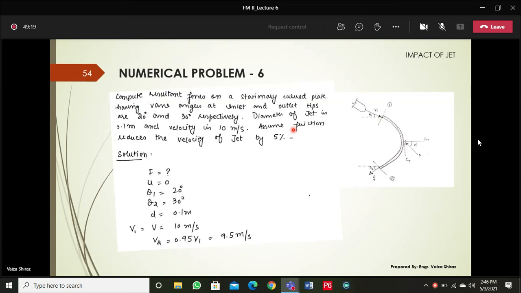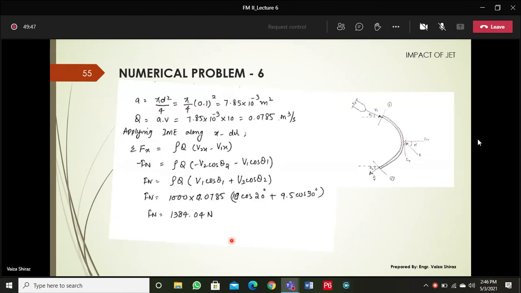Okay, तो जो आपकी given velocity है, that is v1. इसमें 5% रिडक्शन करें, that will be v2. So it is 95% of v1, which is 9.5 meter per second. Okay, so this is v2. इस केस में आपको velocity reduction given है, so you will use that. You will not consider the ideal case in this problem. Again, simply apply the equations.